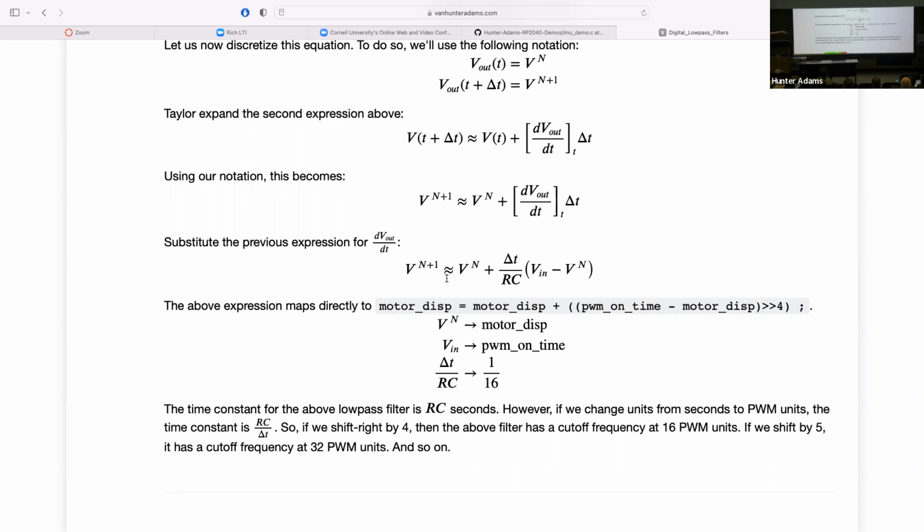Incidentally, this low passing stuff would probably not be taking place in the interrupt service routine. This would probably be taking place in the thread that's responsible for VGA drawing. You might signal that thread from the interrupt service routine. Maybe the thread waits on a semaphore, and the interrupt service routine signals it and says, oh, here's some new stuff to draw. You're probably doing this computation in the thread.